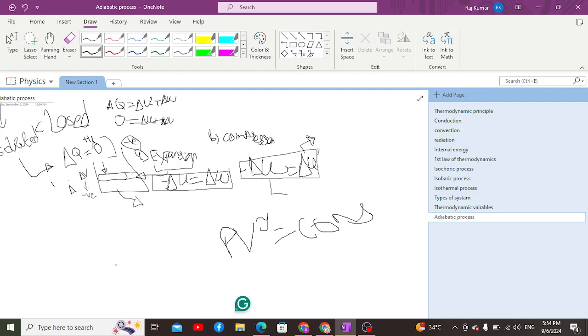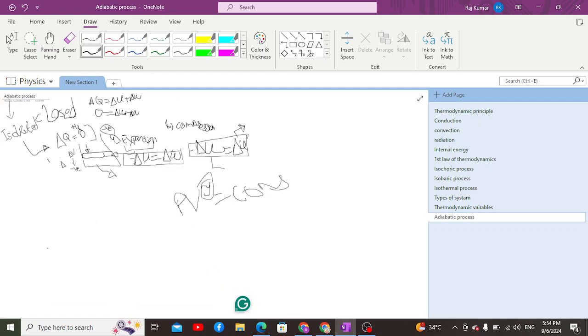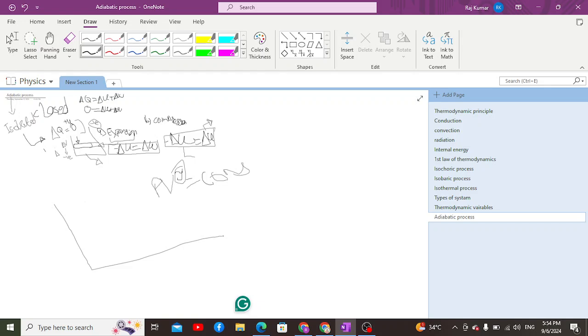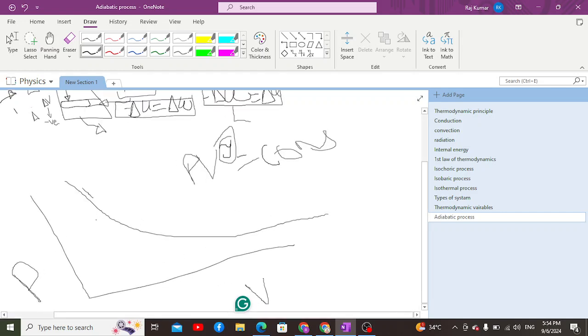As a result, the varying temperature and adiabatic process involves an exponential factor, which is known as gamma. Whenever we draw the graph of the adiabatic process, of course it's going to be a PV graph, and it is going to be an exponential graph, showing a negative correlation because pressure and volume are inversely related. This is what we call the graph of adiabatic expansion.